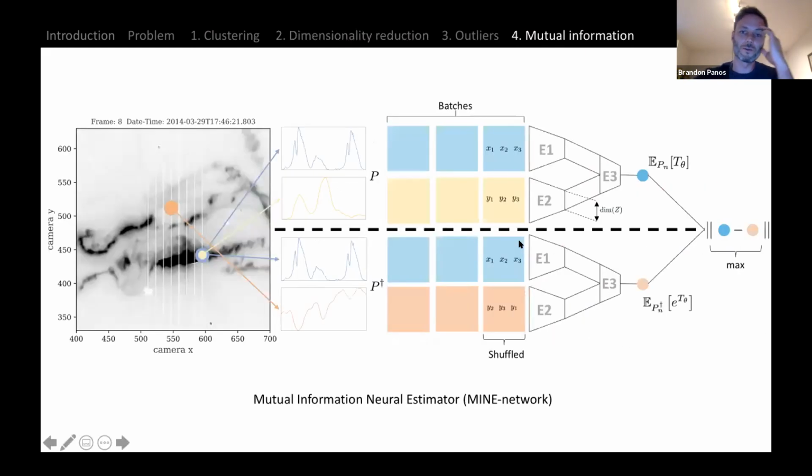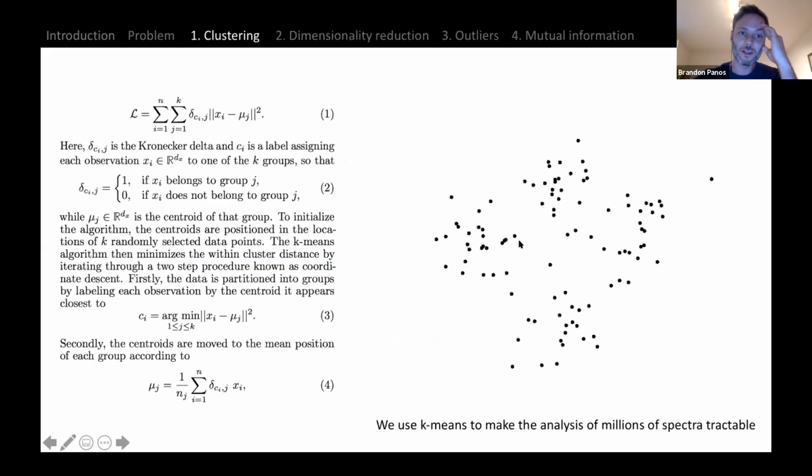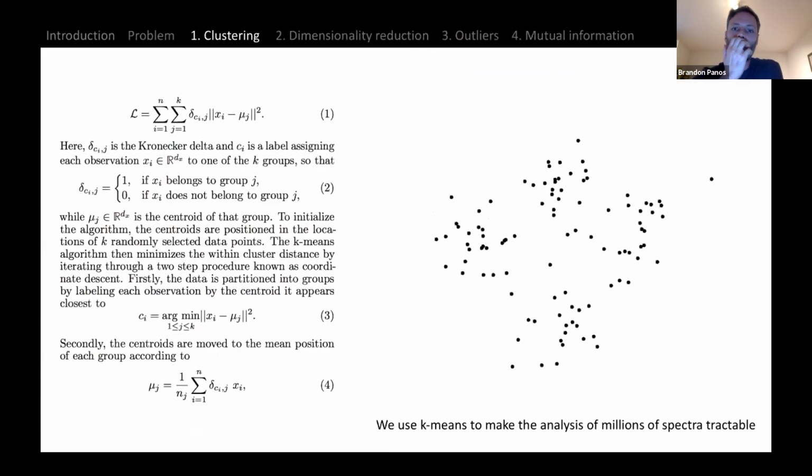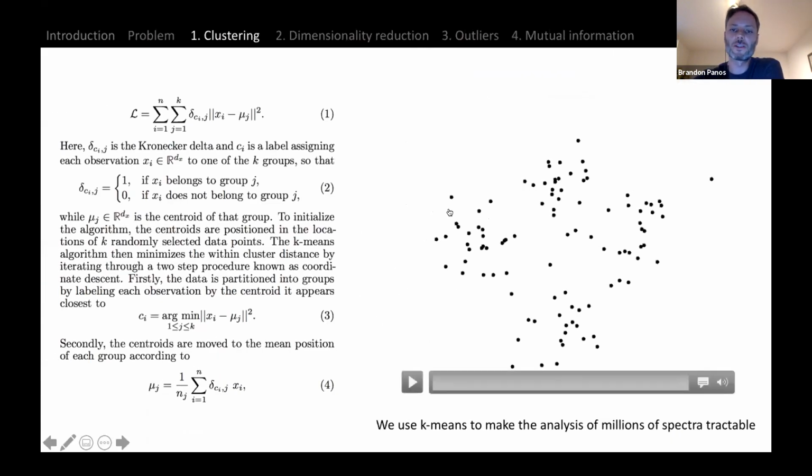Okay, so that's what we hopefully will cover today. And I'm going to present some slides, and then we're going to jump into the notebook. So for the first notebook, it's clustering. You'll find the notebook should look like this. It says Notebook 1, clustering. And the spectra that we just looked at